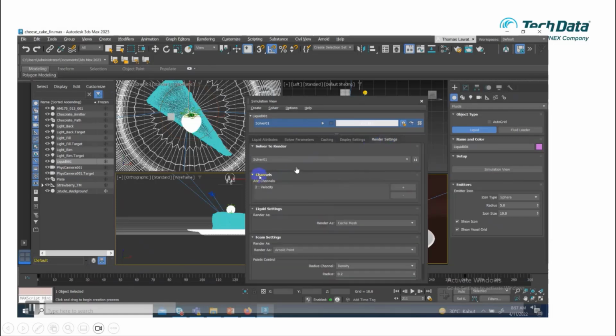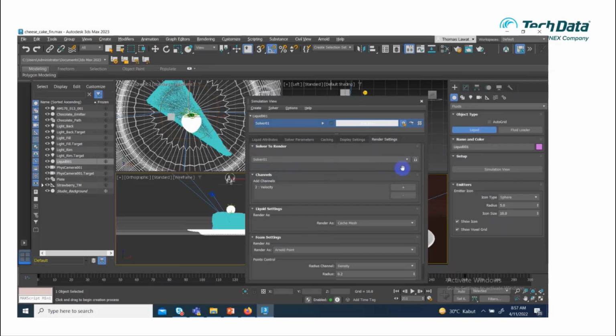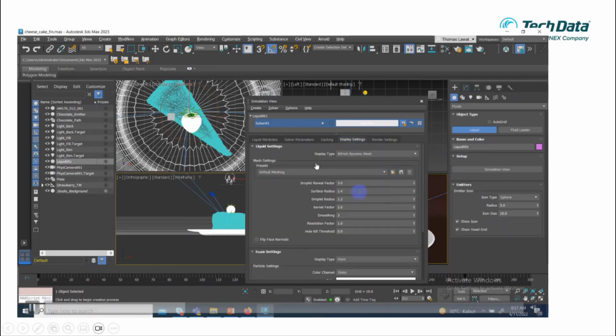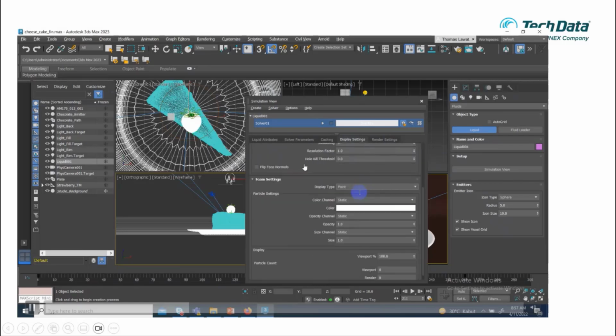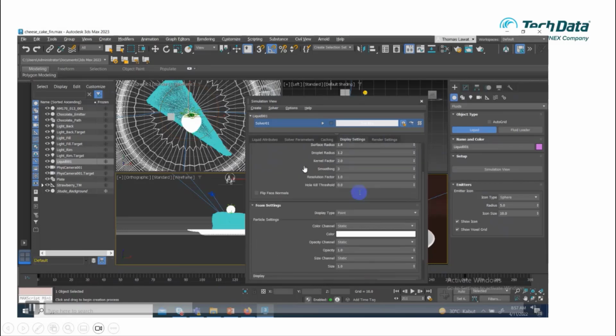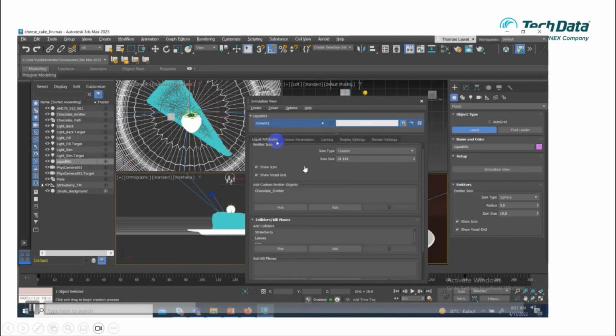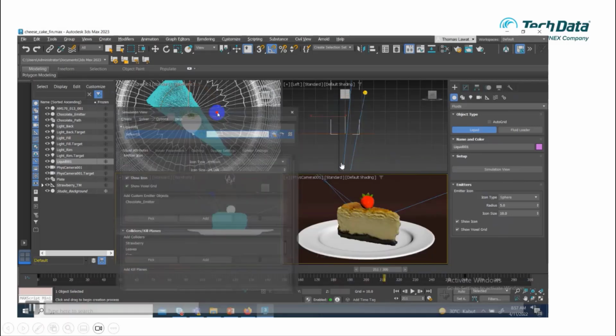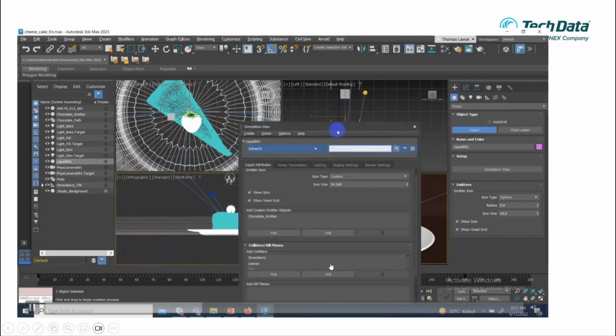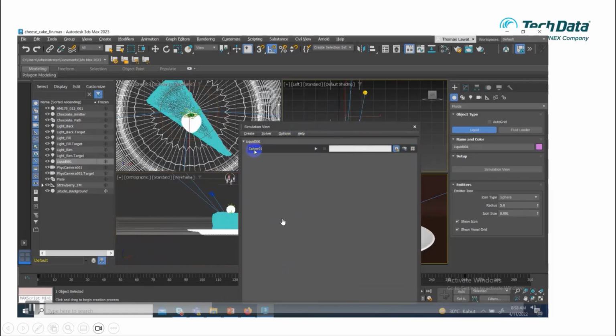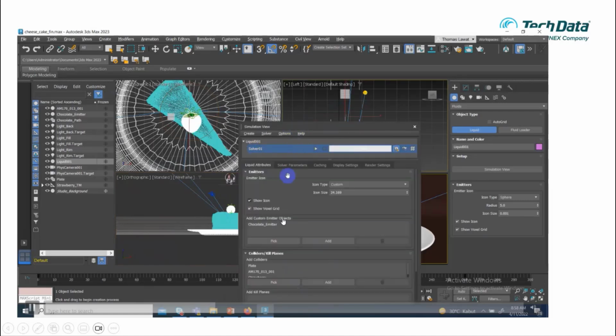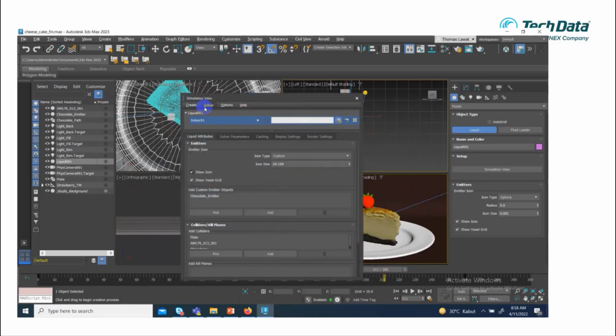Okay, first I need to make sure of what kind of fluid we want to render. I want to render the soft one. This is the fluid, the name of the fluid, and of course we can adjust any setting there. Let's say I want to put in a custom emitter object, because like a dynamic system, you must point out which one is dynamic and which one is a passive object.